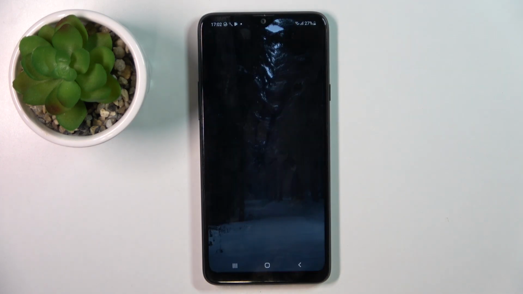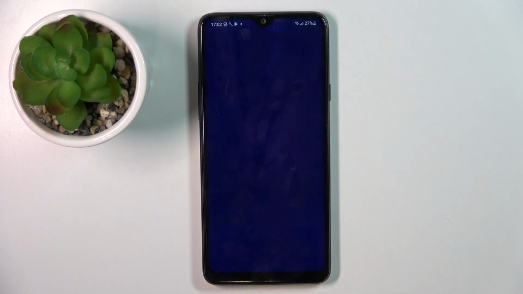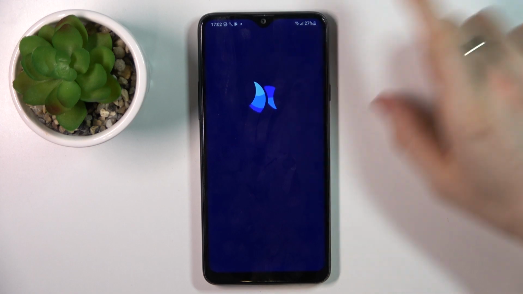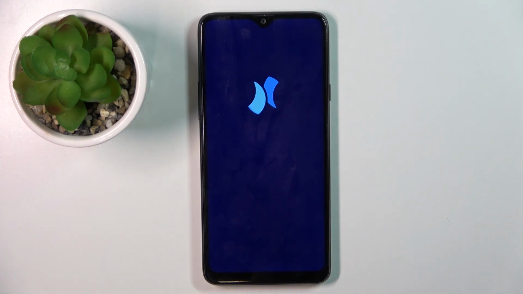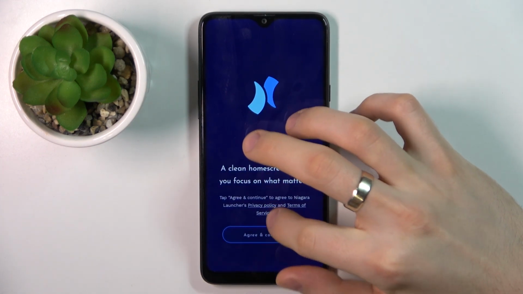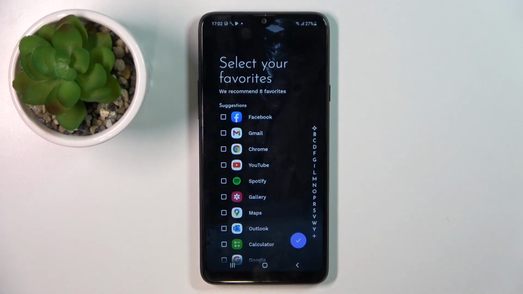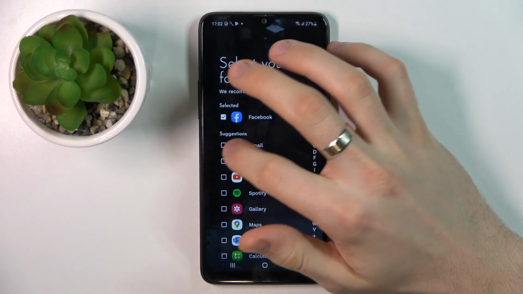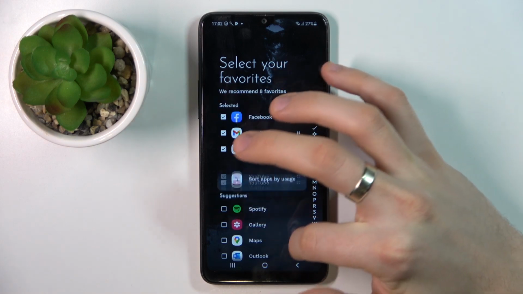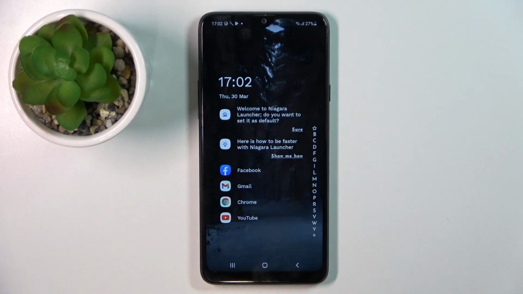Click open, and great. As you can see, we have a really minimalistic interface here. You need to understand that the Samsung Galaxy A20S is not a powerful device. This device can't handle the standard Samsung launcher. So one launcher you can use fast, without freezes and bugs,